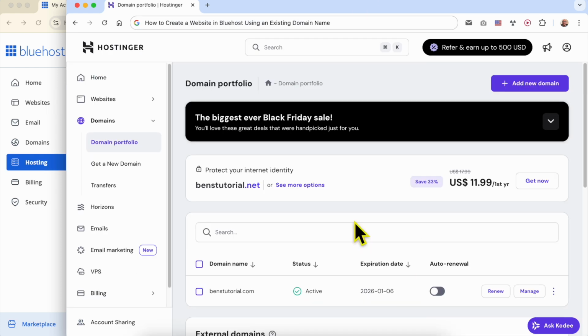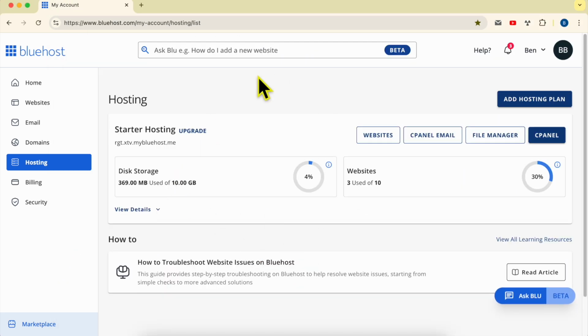Welcome to dotcom.builders. In this video, I will share with you how to create a website in Bluehost using an existing domain. In my case, my existing domain is registered on Hostinger. This is it, benstutorial.com. Now, to create a website in Bluehost using this existing domain, first log in to your Bluehost account, then go to Websites,